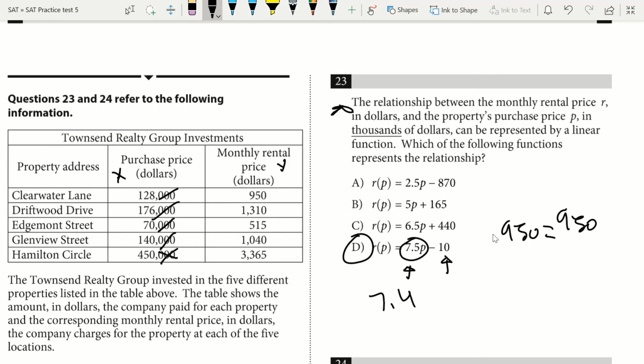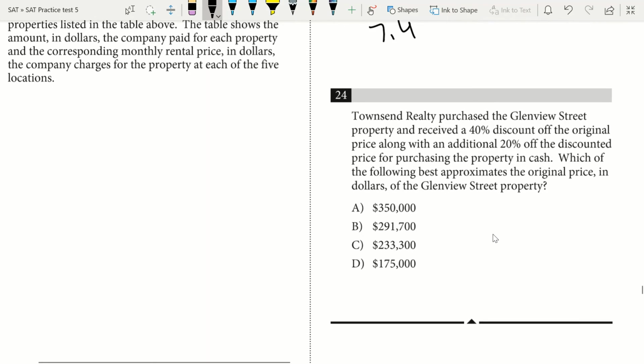I know that's my answer. So now I move on. Question 24. Townsend Realty purchased the Glenview Street property and received a 40% discount off the original price, along with